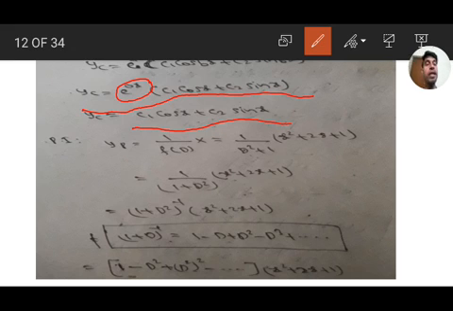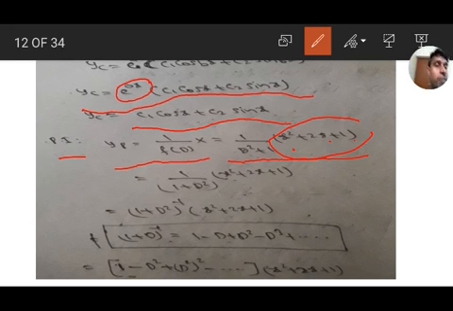Next, the particular integral, that is yp equal to 1 by f of d times X, that is 1 by (d square plus 1) of x square plus 2x plus 1. Here instead of only one term x to the power of m, it has a polynomial. All the terms are x square plus 2x plus 1. So take it as one function, total one. No need to do it separately, because all the functions are the same polynomial only. So we have to do it.